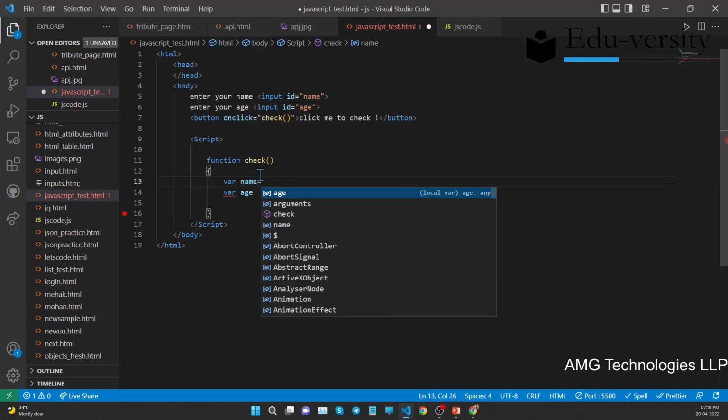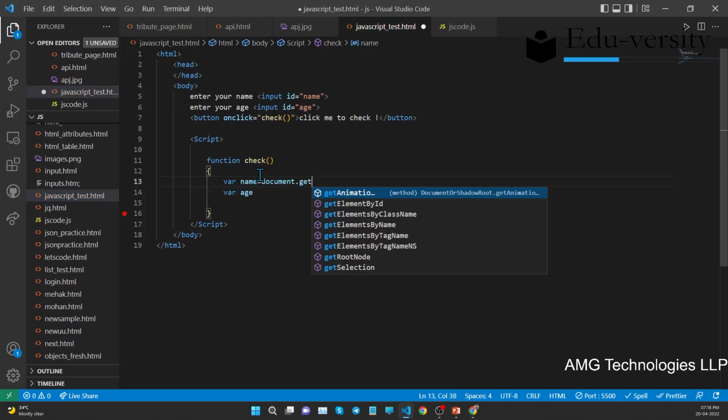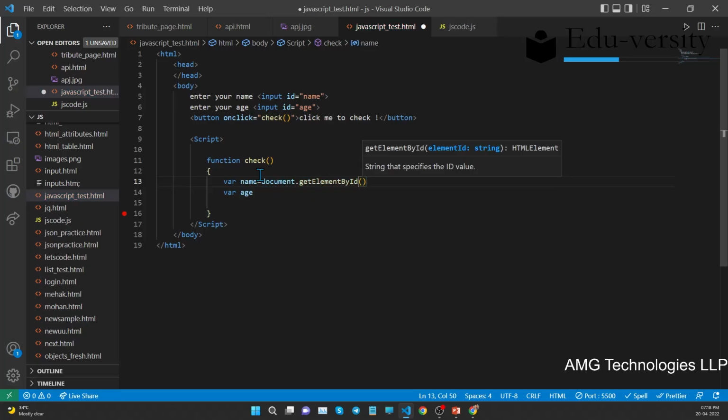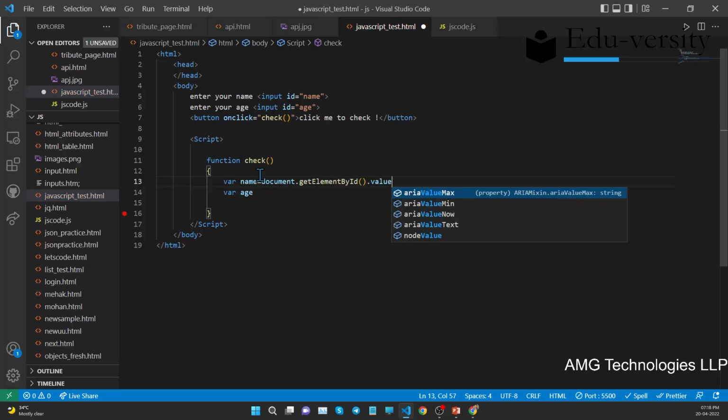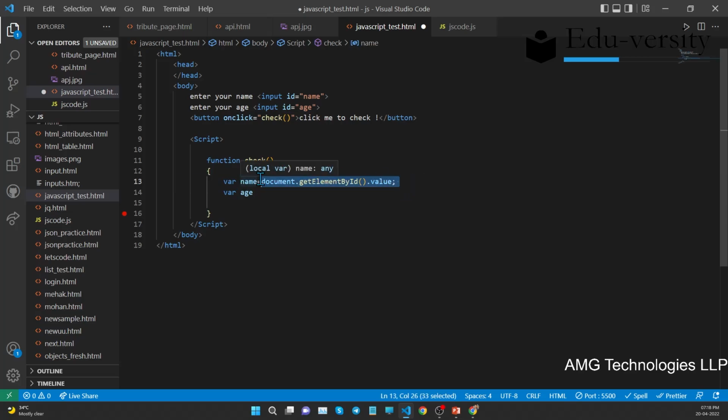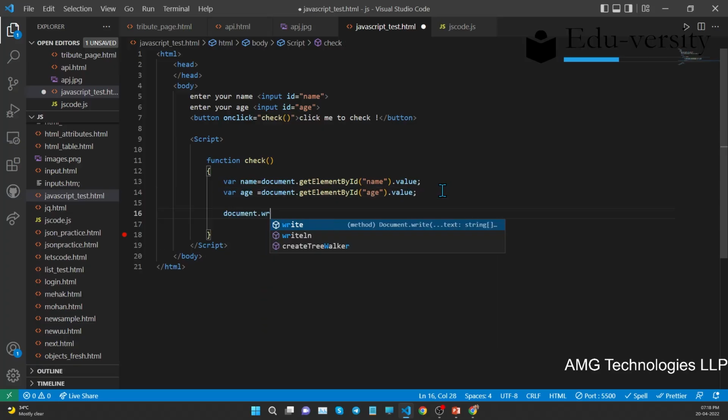For var name we'll write document dot getElementById and the name of the element. Now I have to put the id, which is name, with the correct case, and the same for age. Now let's write document dot write welcome